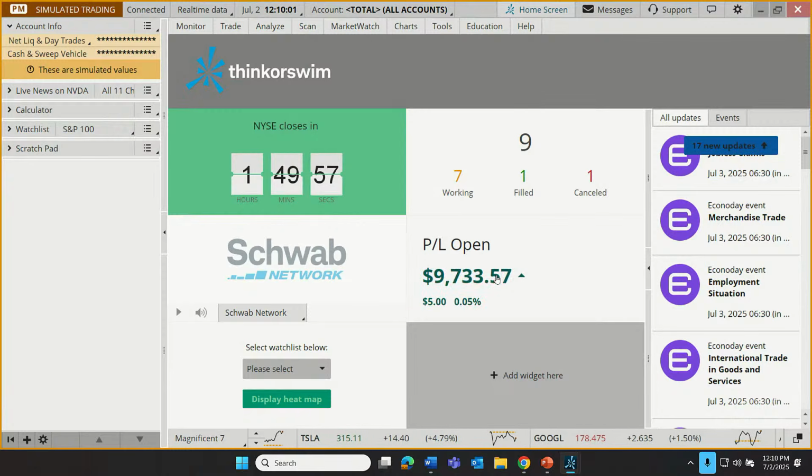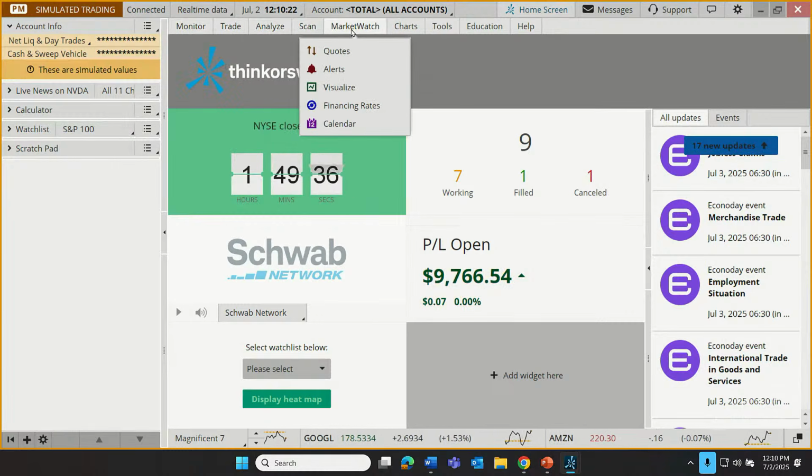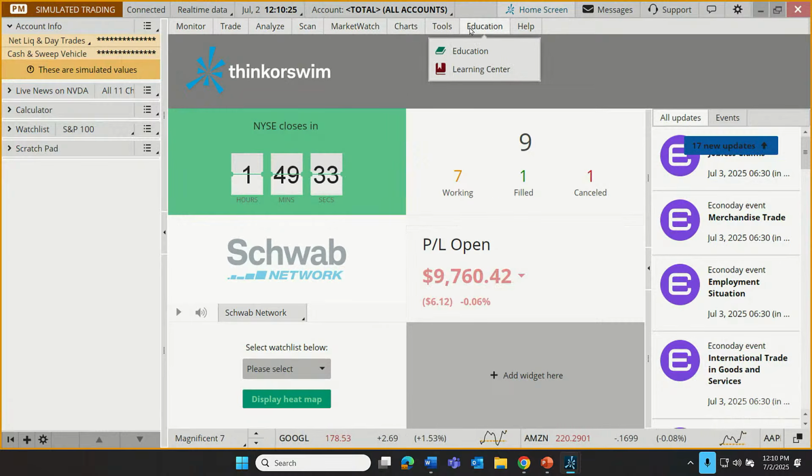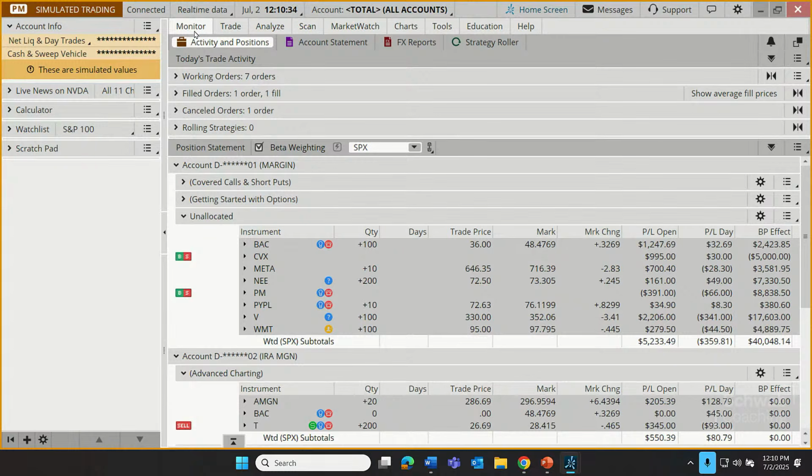But I want to hit the big things like, Cameron, where do I find my balances? How do I find my stocks or my options that I'm trading? How do I place a new trade? How do I follow that trade? Those are kind of basic things that people like to know when they first use this software. So from this home screen, I'm going to move us over here to the Monitor tab. And through this presentation, we're going to be moving left to right through these tabs just as a high-level overview. We're going to be getting into those more precisely, as you saw in the outline for our lessons, in future lessons. So I'm going to click on the Monitor tab, and here we find us.